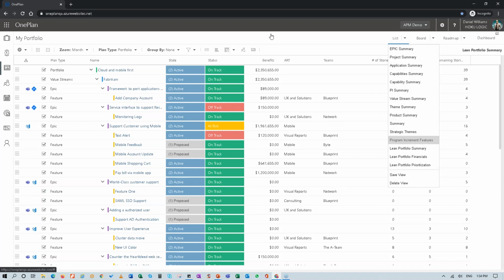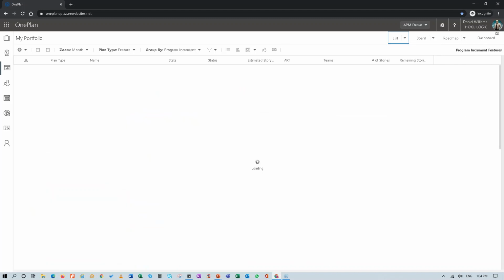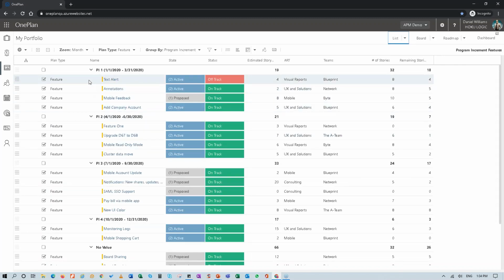Agile release train level, again, we've deconstructed our development value stream even further. The idea is to understand which features by program increment are going to be delivered, and also which are the ARTs that they belong to and teams that are leading the feature delivery. So from a program planning standpoint, you saw how I started with portfolio and ended up with a program increment view. If we move towards our